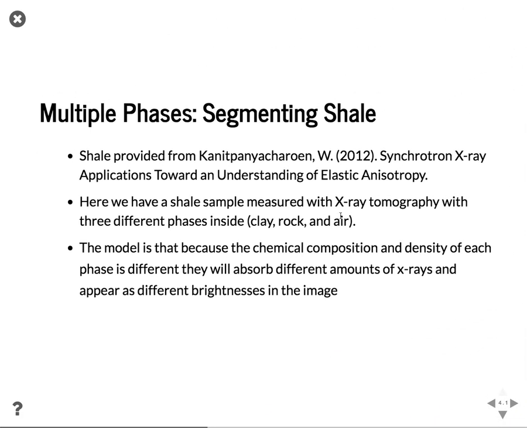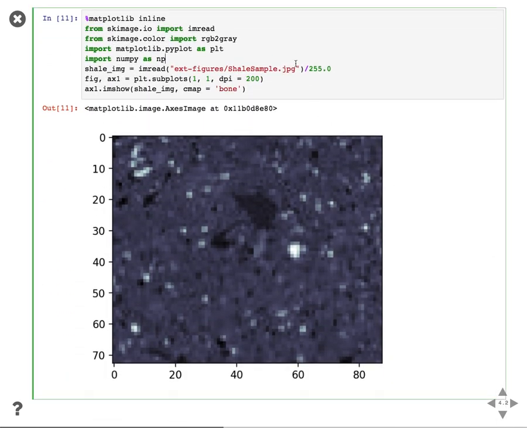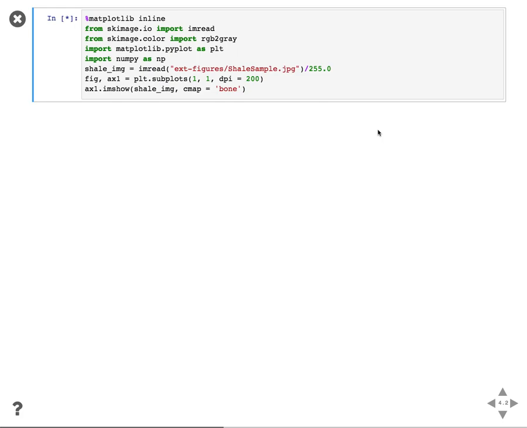So now, to get back to the segmentation task, we've covered the ROC things. We'll cover it a little bit next lecture as well. But now to get to a multiple phases segmentation problem. So now we have a more difficult sample we're working with, where it's made up of not just foreground and background, it has 3 different types of phases. Here it's an X-ray tomography of a shale sample, and there's clay, rock, and air. And so our sample looks like this,